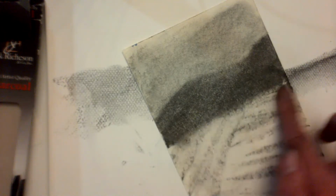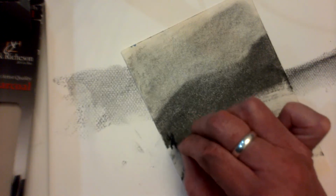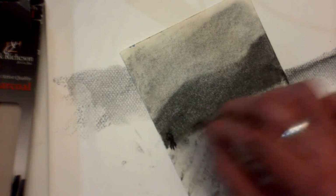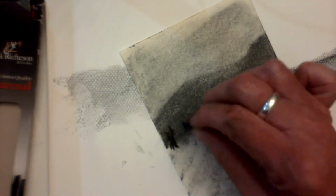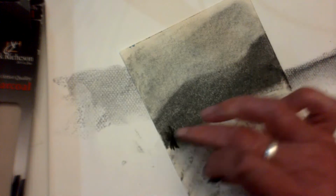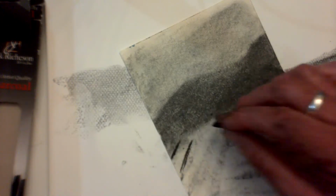Texture of this. You can definitely leave it. You put it down dark and not smear it. I'm just trying to get some basis to build up on, I think. Which I'm not quite liking that. That's just the nice thing about this. Okay, if you don't like something, then